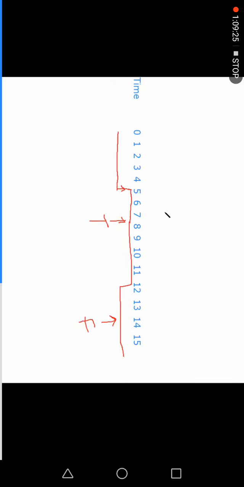Very simple action, very easy. Switch until release means when you are pressing the switch, you are going to get the answer.